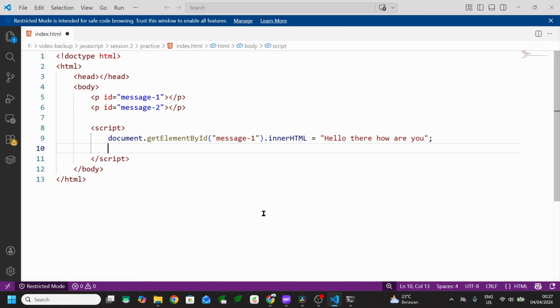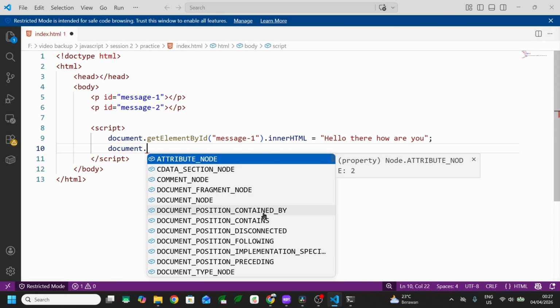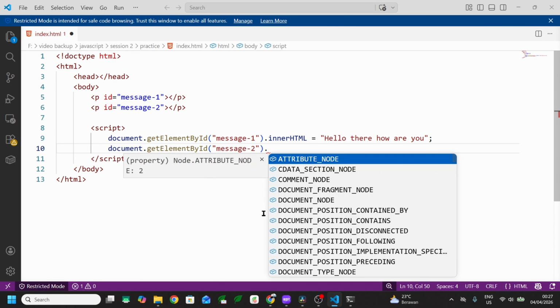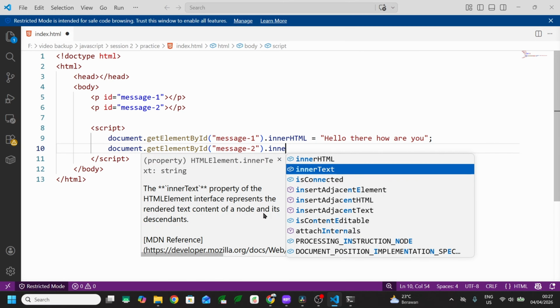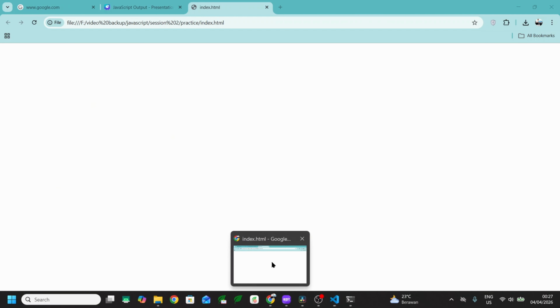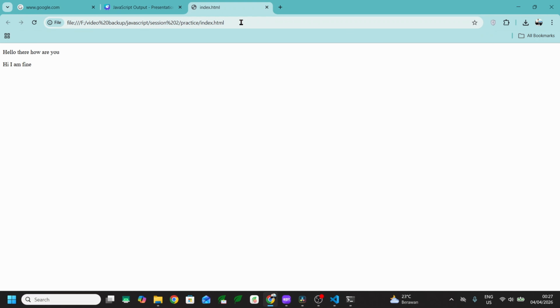Then in the second document.getElementById, referring to MiSeq2, I will use another way, innerText, and give the specific information "hey, I am fine", like this. Okay, let's check the output result. I will refresh our browser. So this is the result of the output.